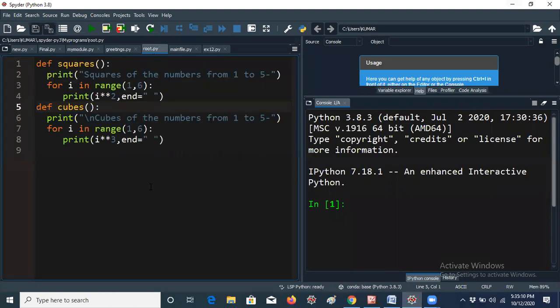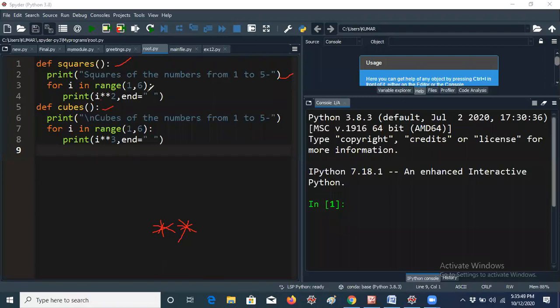According to this question, I have created this root.py. Here I have given squares as one of the methods. This is a user defined method. Def cubes. So I am defining the two methods, using the exponent operator. We have an exponent operator in Python, that is the double star. This is called an arithmetic operator, you know already. For example, first we have to find the square of the numbers from 1 to 5. I am writing this print statement, though it is not necessary.